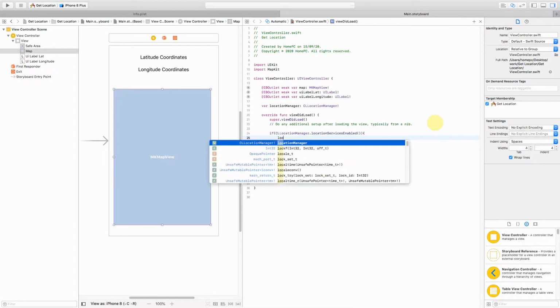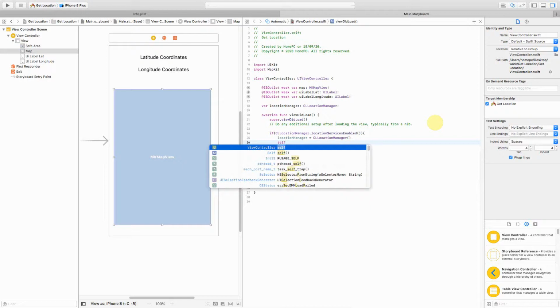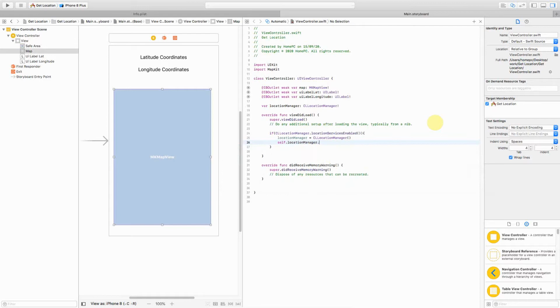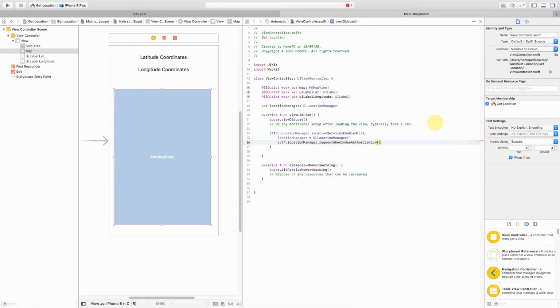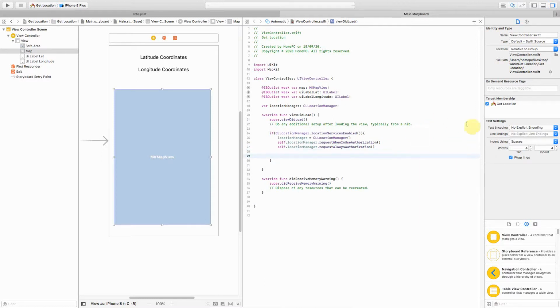First and foremost, the variable which we have defined, we can just assign it to the CLLocationManager, and then we can ask for the authorization. Say for example, we can ask for the location manager dot request. We can ask for both always in use and when in use authorization. So I'll ask this one, and also the other one, self. These are the pop-up windows which you'll see on the start, that will ask the user whether to provide access to this particular app for the location or not.